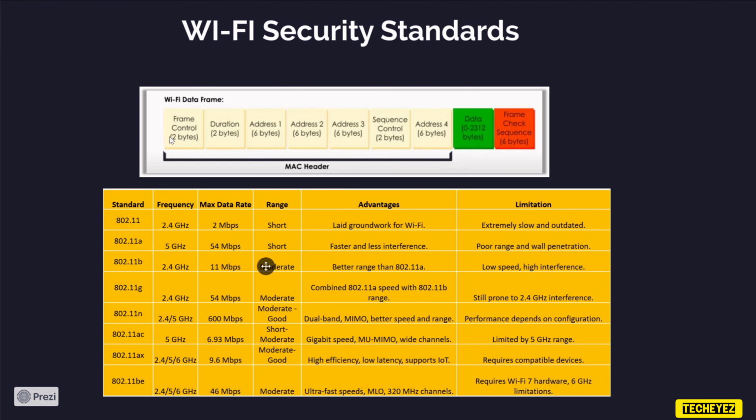Now to talk about the Wi-Fi security standards, these were created and maintained by the Institute of Electrical and Electronics Engineers, IEEE LAN-MAN Standards Committee. These standards, IEEE 802.11, use various frequency bands including 2.4 GHz, 5 GHz, 6 GHz and also 60 GHz. IEEE 802.11 is used in most home and office networks to allow laptops, printers, smartphones and other devices to communicate with each other and access the internet without connecting wires.